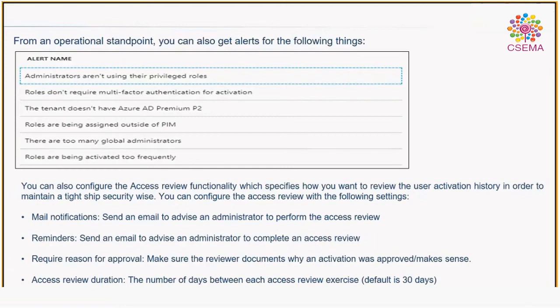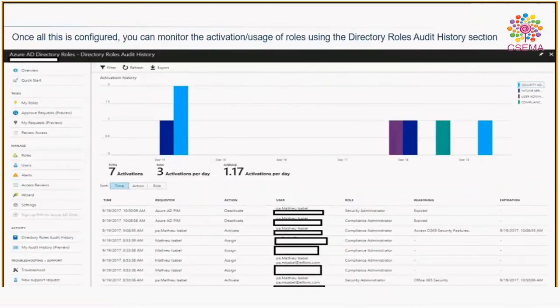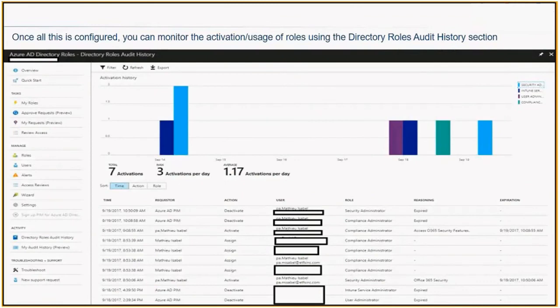Once all this is configured, you can see in a dashboard the audit history of what is done. Even with your own login, not the enterprise admin, you can see what activity you have done on which day and what access you have been granted. And here is the view where you can see the history of all directory roles. The more you browse the Azure AD audit history in all the respective columns and tabs, the more you will get to know the capabilities Azure AD PIM is offering.